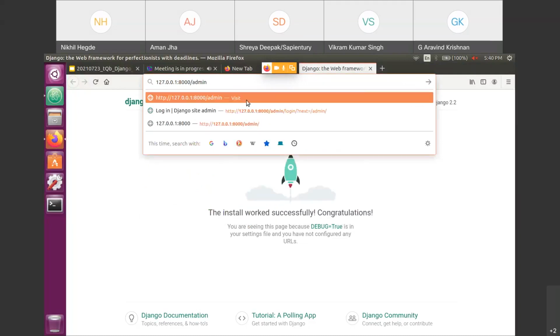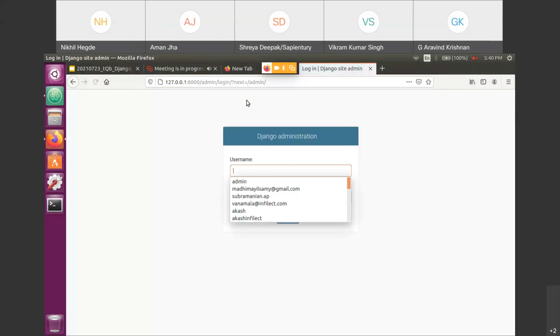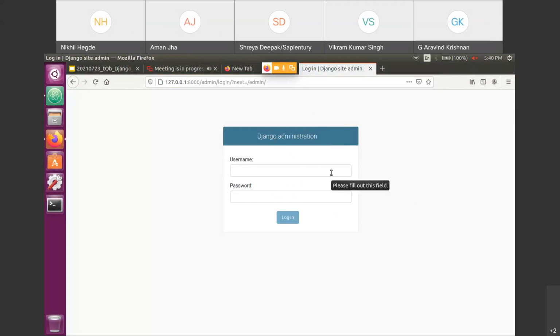If I copy the same path here, you can see I am able to see my Django administration panel. I didn't create this URL mapping, but I don't know the username and password to access this administration interface. So to do that, what you should do is